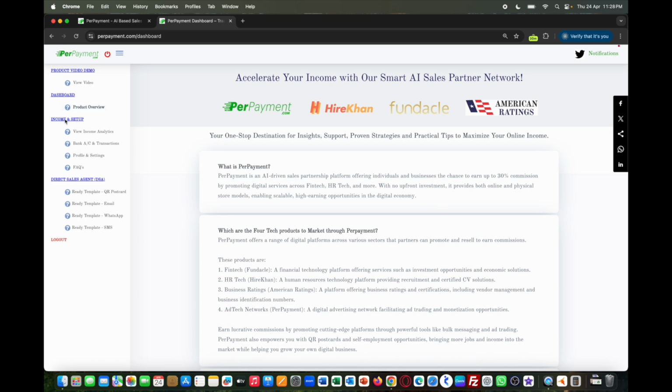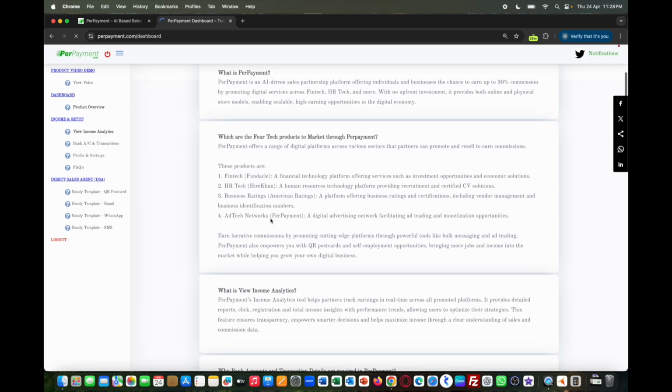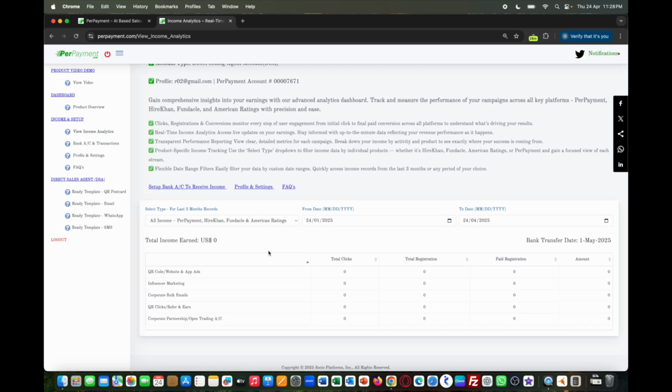The next category is income and setup. So click on view income analytics. Now this option helps you to get the total number of clicks, total number of registration and total number of paid registration with the commission that is earned by the campaign that you have run.